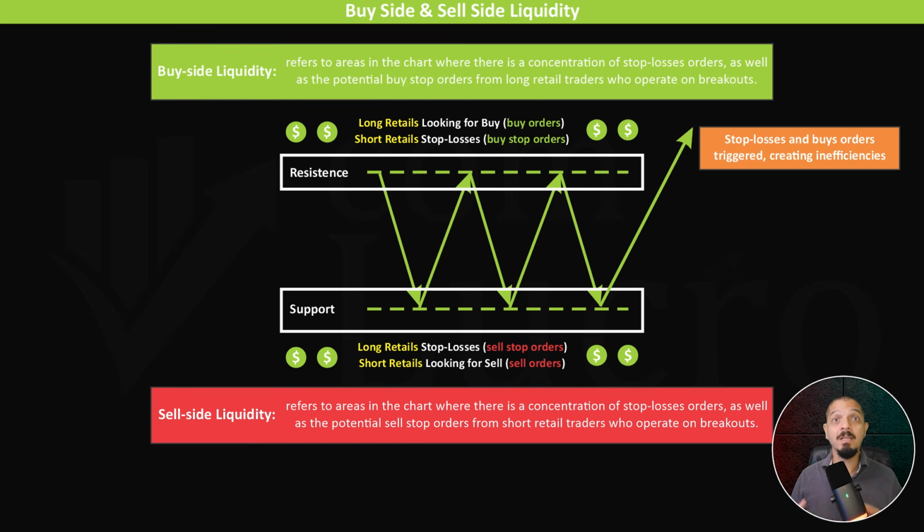These behaviors can appear in any type of market structure. The key idea is not the specific pattern, but the presence of clustered orders. Understanding where these concentrations form allows traders to better interpret price movement and anticipate how the market may react when those areas are reached. In simple terms, the market moves from one area of liquidity to another, driven by orders being triggered and absorbed. By understanding buy-side and sell-side liquidity, you begin to see the market as an interaction between